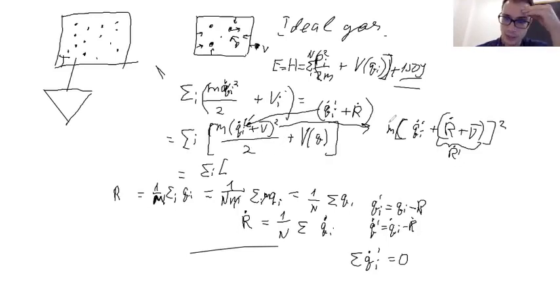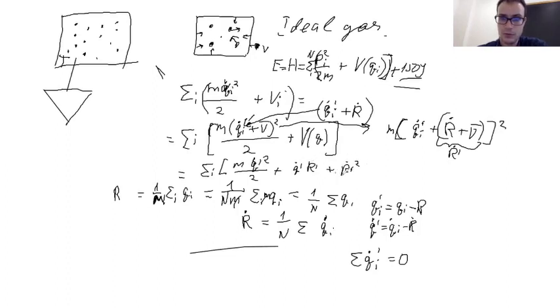Ultimately, if I open this bracket with the substitution of r dot prime for r dot and v bar, and q dot prime for the velocities with respect to the center of mass, I will pick up this squared over 2 plus q bar dot r prime dot plus r prime dot